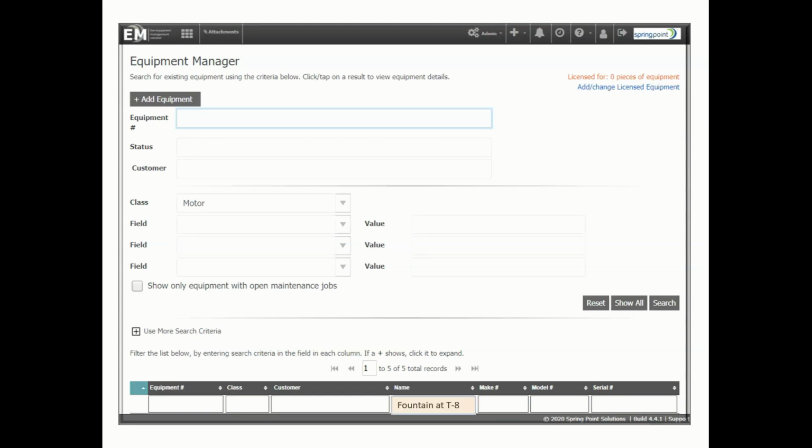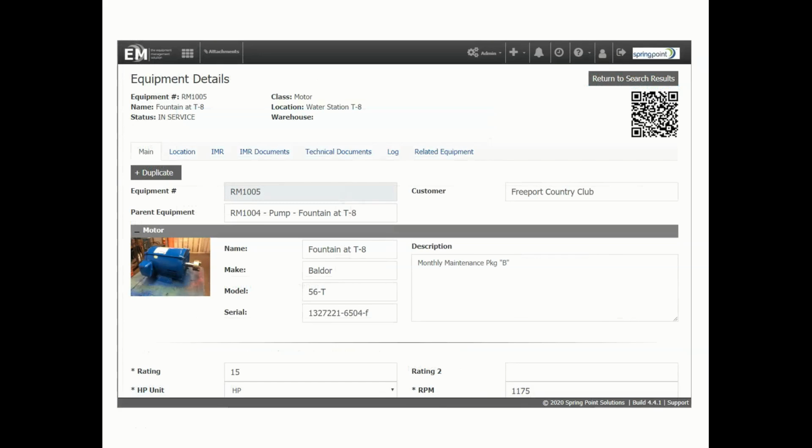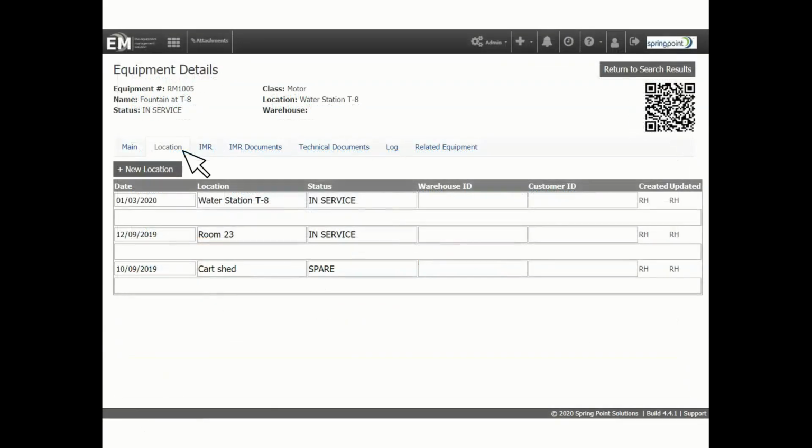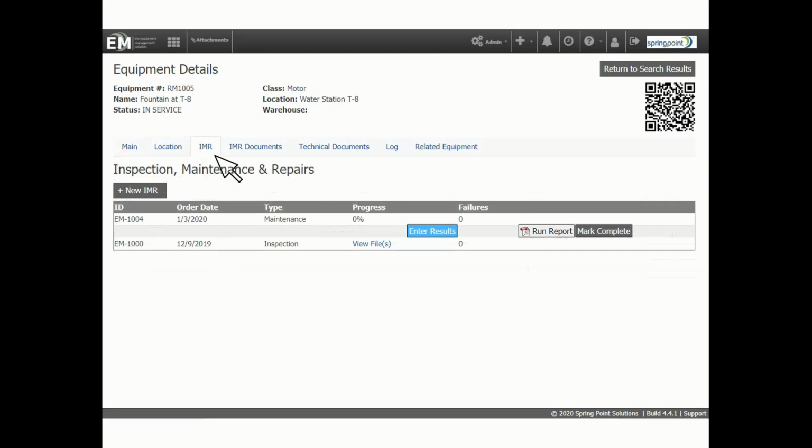The Equipment Details page for each item displays current location, status, an identifying photo, a system-generated QR code for quick record retrieval, an item description field for free text, and all your customized attributes. Other pages in the equipment record show location and status history, routine inspections, maintenance, and repair, all organized for quick